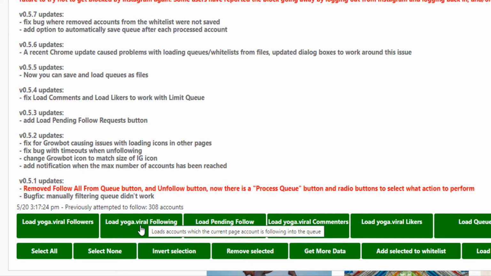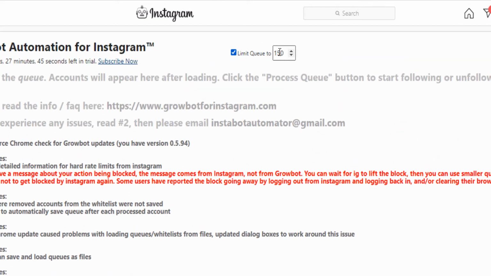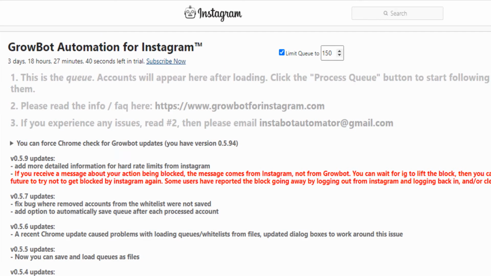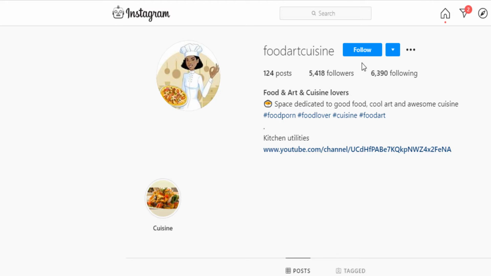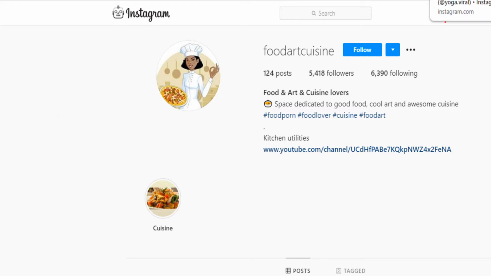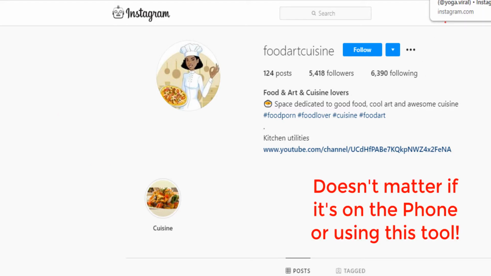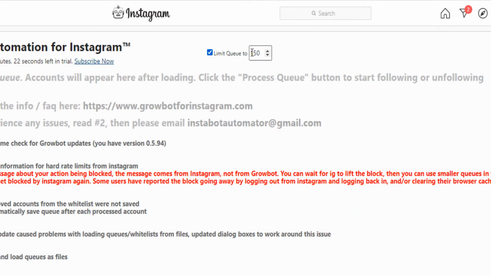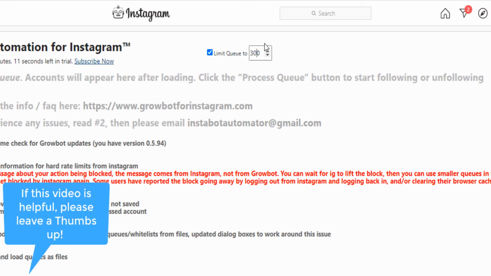Okay, if I load my following, for example, first you have to decide how many people you want to unfollow. Now be smart here. Before, when I was running these pages in the past 2 years ago, a year ago, it was easier to unfollow a lot of people at once. Now it's a lot harder, whether you're doing it on mobile or on desktop. So pay attention to the number of people you want to unfollow. I will suggest go for 300 people, 300, 350, 200 people. And then once you're done, you wait a few hours and then you repeat the same process.